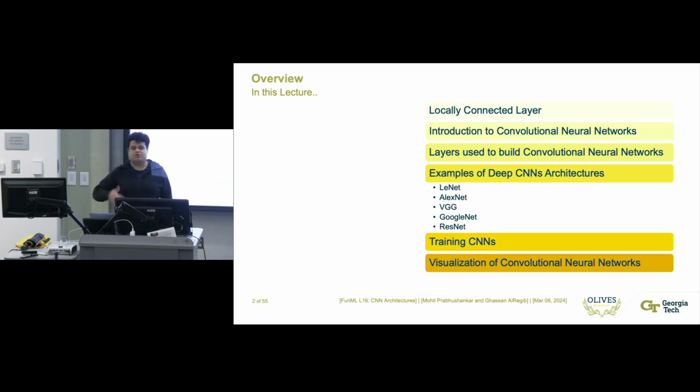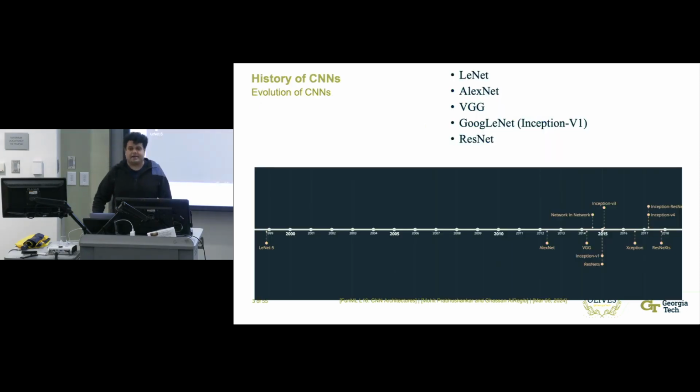Since then, there have been a few other things that have happened, transformer architectures, but those we look at once we do the sequence modeling part, hopefully somewhere in the middle of April. Same thing with diffusion models as well after we do autoencoders. So again, bringing back the slide, the history of CNNs, we moved from 1998, which was LeNet last time, across